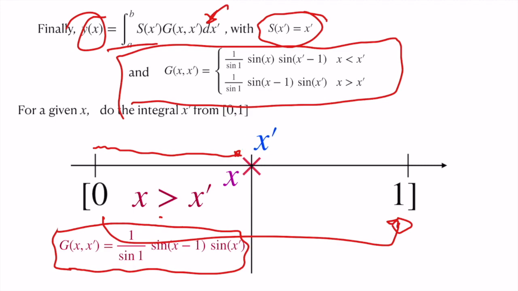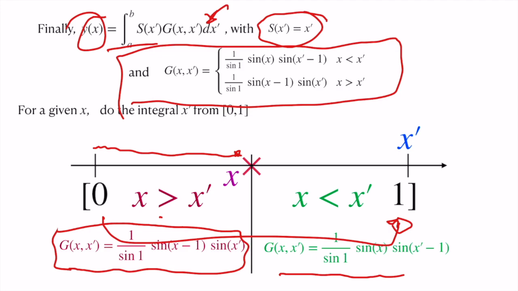Now when we go from x to 1, in this case, x prime is greater than x. In this region, we have a Green's function given by 1 by sine 1 sine x into sine x prime minus 1. Earlier, we have taken the reference value as x prime, and we said that whatever is left to x prime is a left-hand solution, whatever is right to x prime is a right-hand solution. Now here we have to rearrange them. There is no way to consistently do it. There you flip it, here you have to redo it.